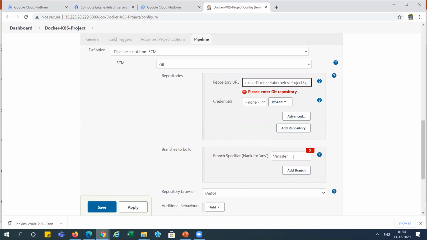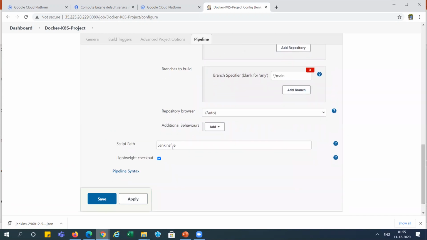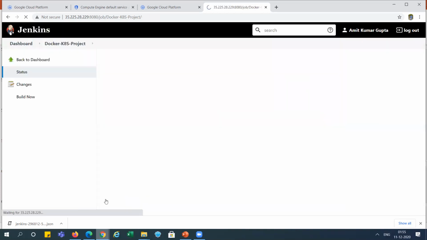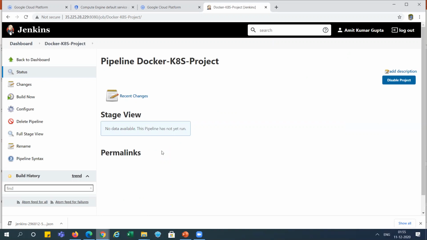Okay, and my branch is main, not master. And here you can see it is showing Jenkinsfile, right? So we have done from this side, apply and save, right? So let's build it manually and check whether it is deploying or not.